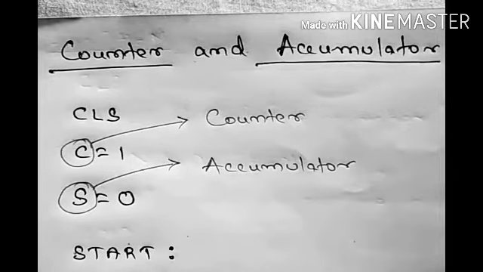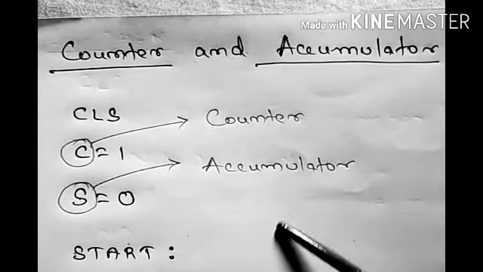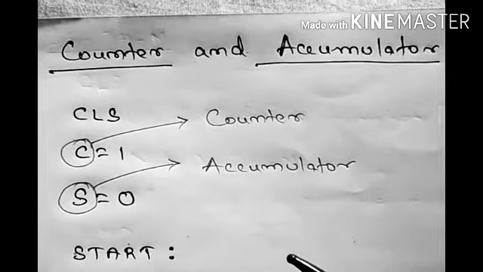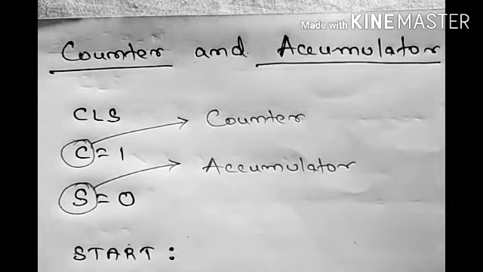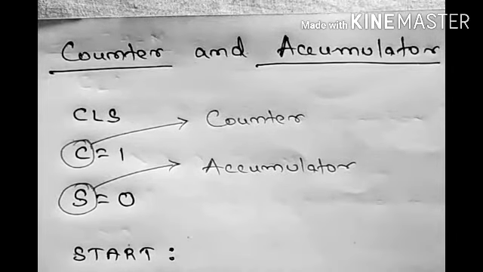Suppose I am writing a program. A counter will be used in this program to count how many times the program is running, how many times it has already executed. To keep a record of the number of executions it has already done, we use a counter. So for that reason, counter is always assigned a numeric value and it is initialized with 1.